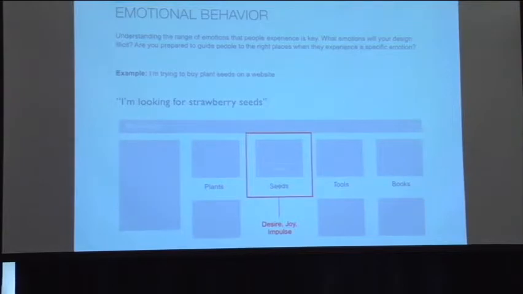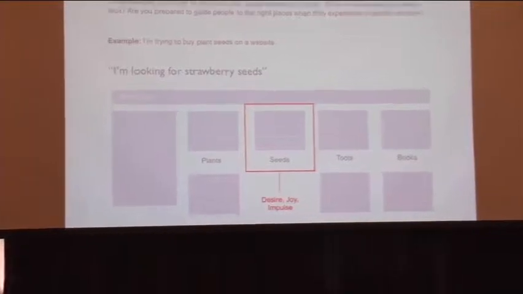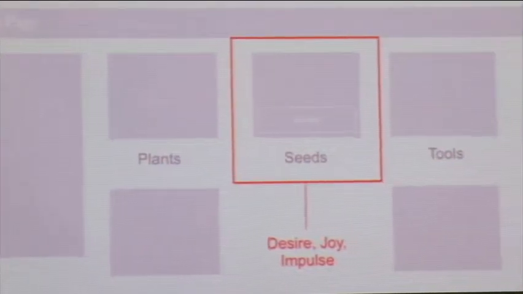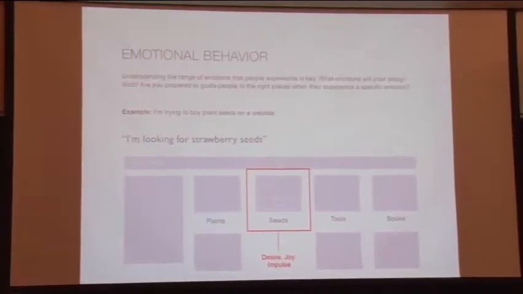We're going to go over some emotional behaviors here. If you have a website and you're selling something on the website, in this case strawberry seeds, and you notice from your analytics that a lot of people are buying strawberry seeds, well, there's really no reason that you should bury that in 5 different steps of your website, right? You should find a way to bring that to the surface, because chances are there are other people looking for that who just get frustrated going through 5 different steps.